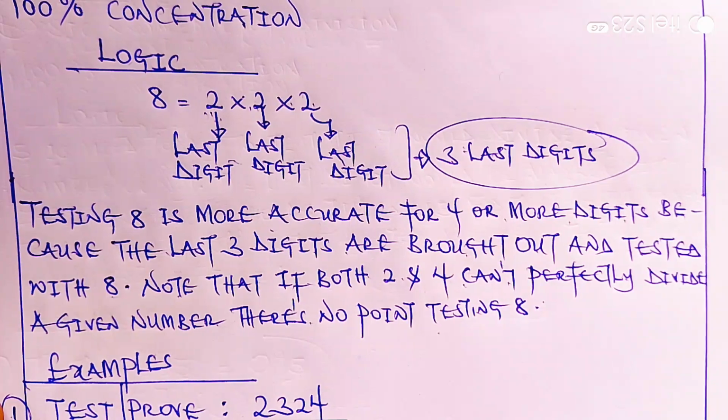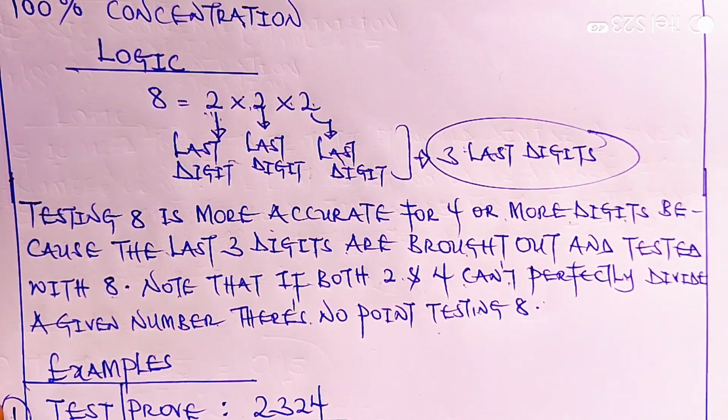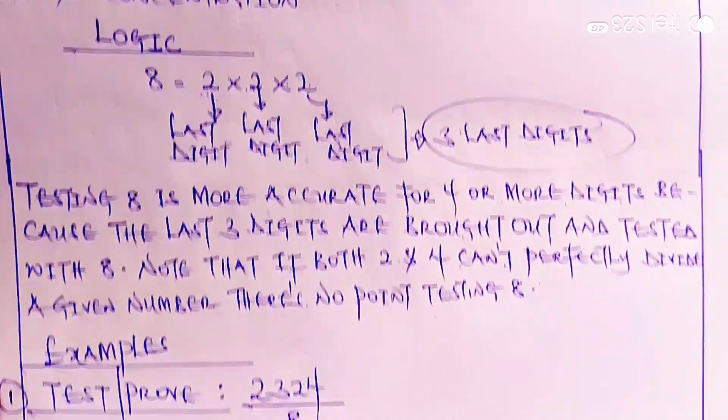If 2 and 4 will not divide a number perfectly without a remainder, it means 8 also will not divide such a number perfectly. But if 2 and 4 can perfectly divide such a number, then you have to bring out the last 3 digits that such a number has and use your 8 to test it. So look at this. Prove